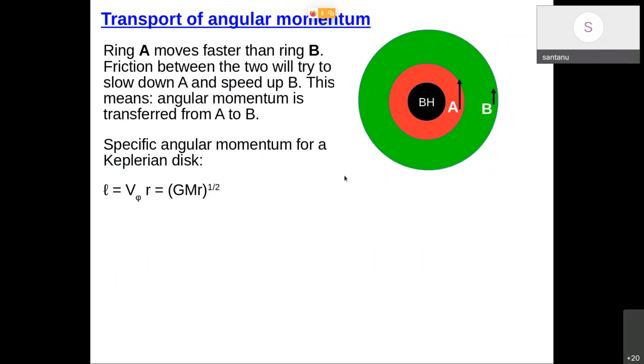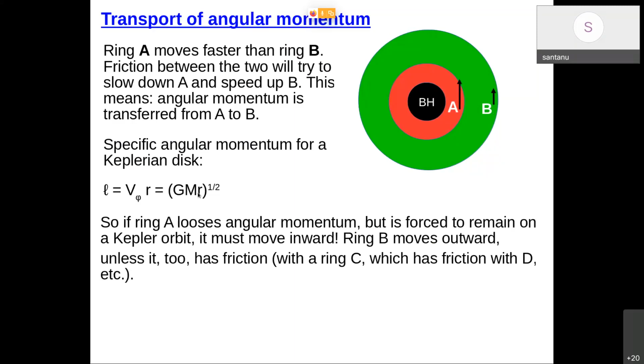At the beginning, we saw that when matter is accreting and spiraling around a black hole, it transports angular momentum due to the presence of viscosity. How? Consider layers of fluid A and B around a black hole. Ring A, being inside or close to the black hole, moves faster, and B is relatively slower. So friction between them tries to slow down A and speed up B. This means angular momentum is transferred from A to B, and this is the expression with which we can